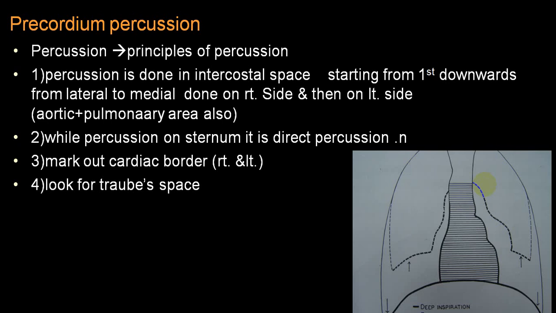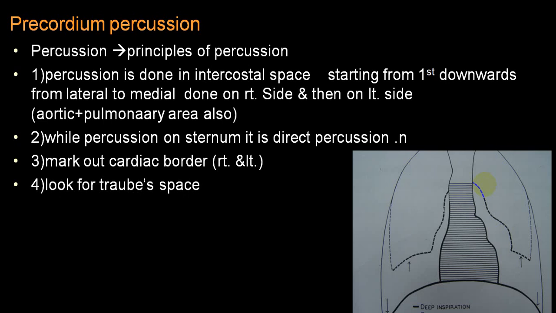So if the person has left ventricular hypertrophy, it will produce an increased area of dullness on the left side. And if there is a massive increase in area of dullness on the left side, it will be because of huge cardiomegaly, what we call dilatation plus hypertrophy, which is very classical, secondary to valvular heart disease like MR and AR. In that condition, you will have dilatation plus hypertrophy, as well as a condition called dilated cardiomyopathy, which can be congenital. We call it dilated cardiomyopathy, where there is a big enlargement, dilatation of the left ventricle.